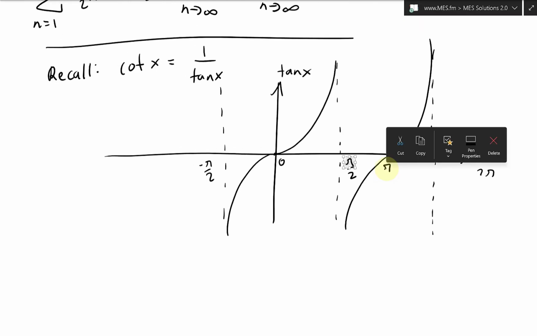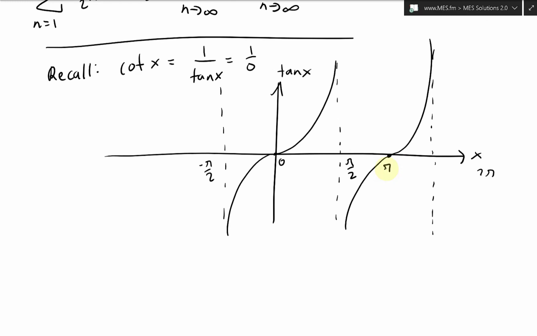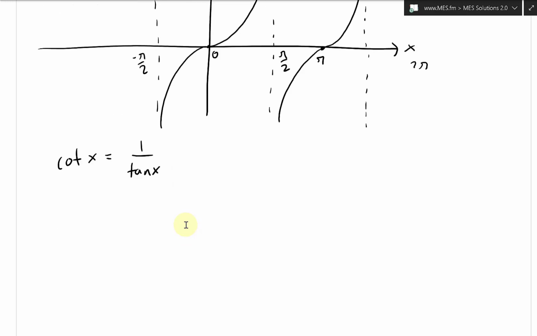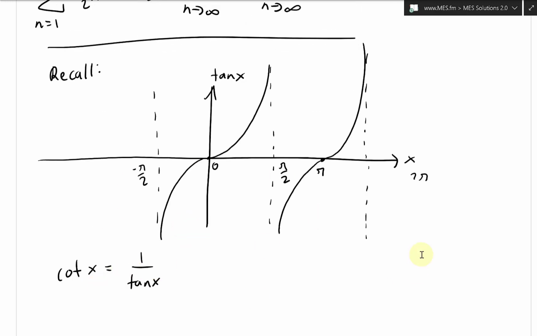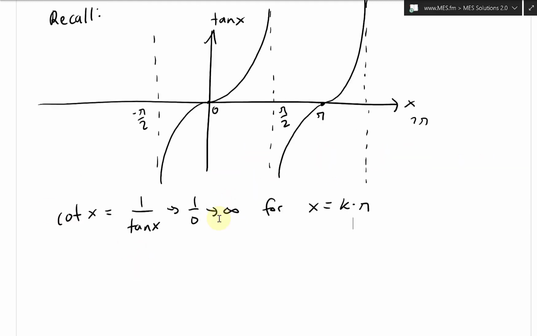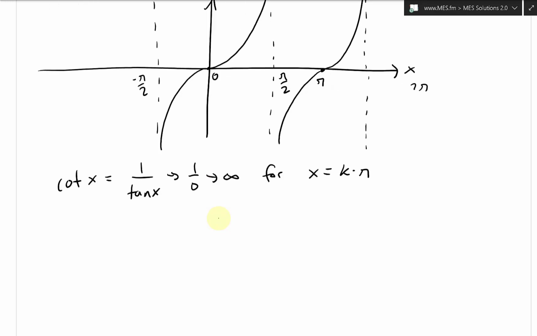So cotangent of x equals 1 over tan of x. This equals 1 over 0, which goes to infinity, for x equal to k, any integer, times pi. Any integer times pi always makes tan equal to 0. It's 1 over 0, so we can't have that. Also note